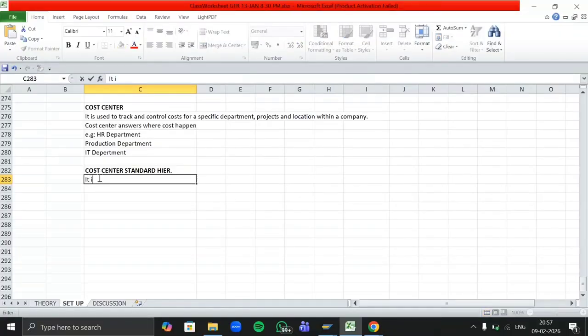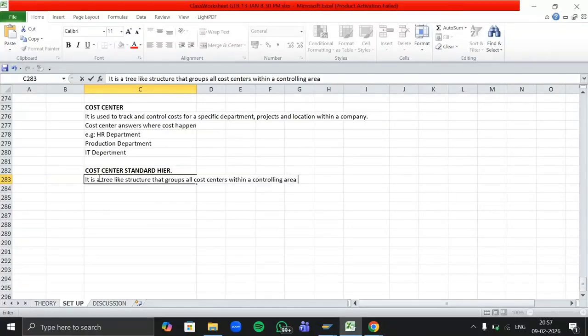So it is like a structure that groups all cost centers within a controlling area.